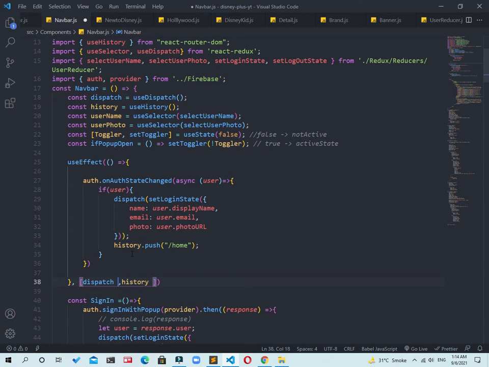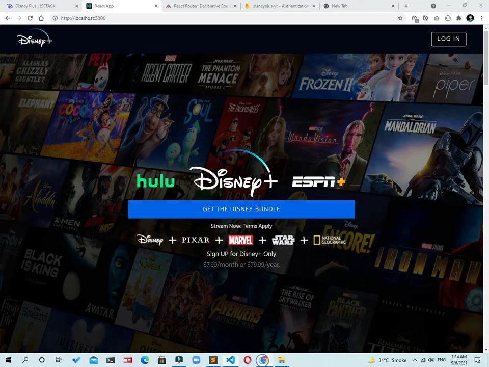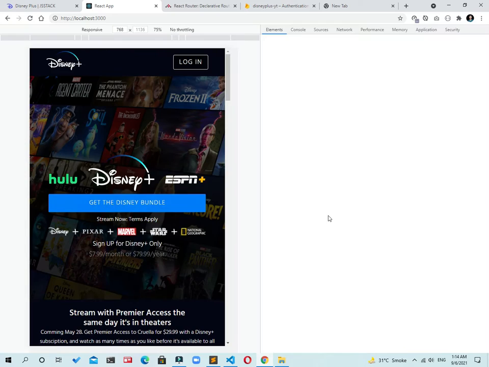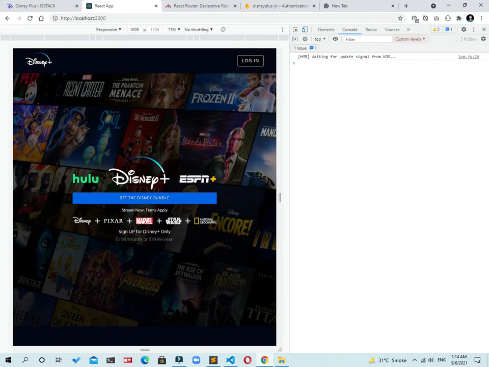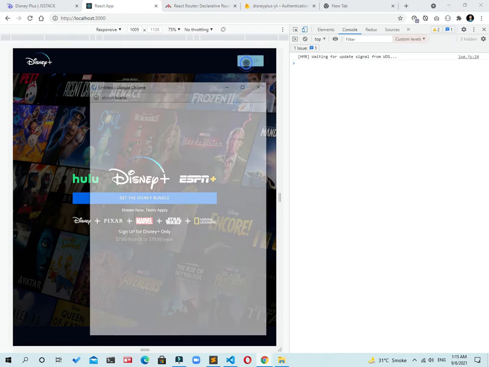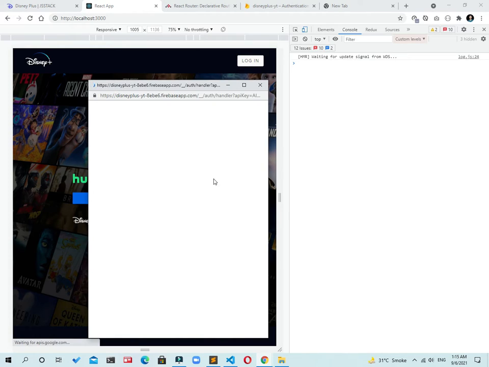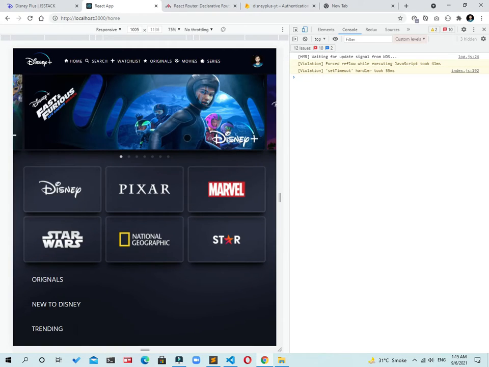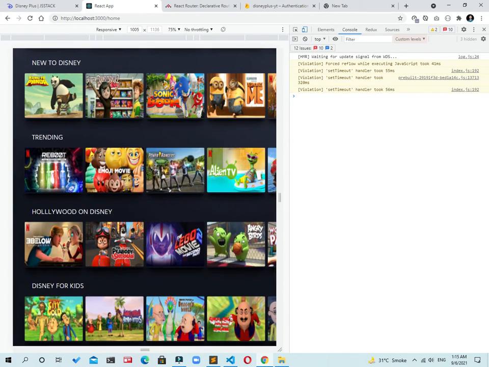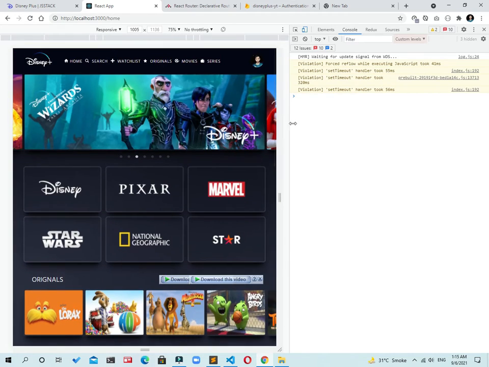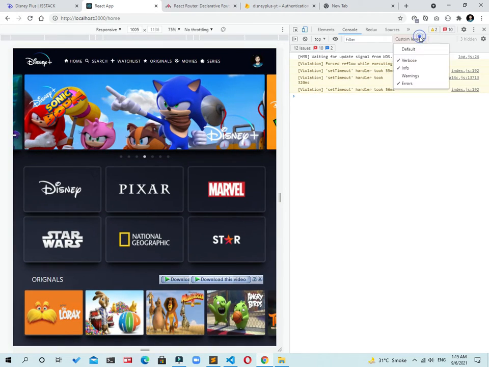As it is. Now go back, refresh hard. I am going to open the console in there, just side by side as it is. So I signed in and the user is authenticating. Look at there, authenticating from Google. And we have our login, sorry, we have our home screen. Look at there, and there we have some violations. Don't worry,